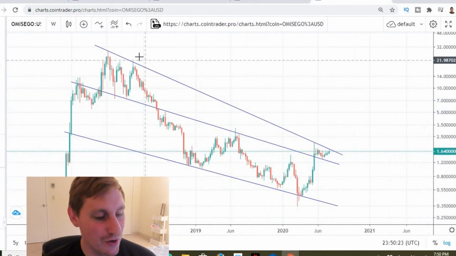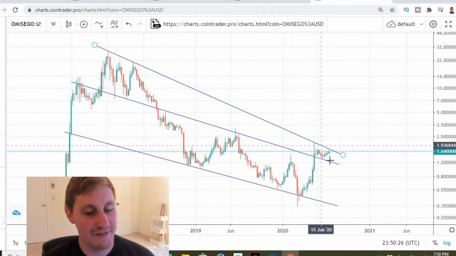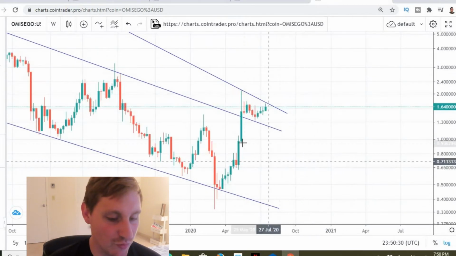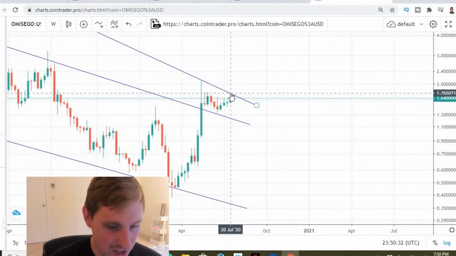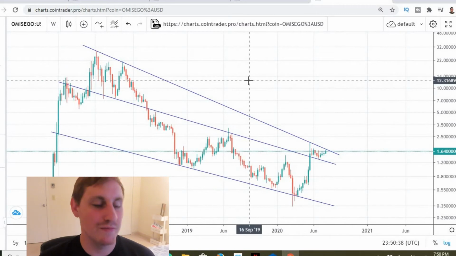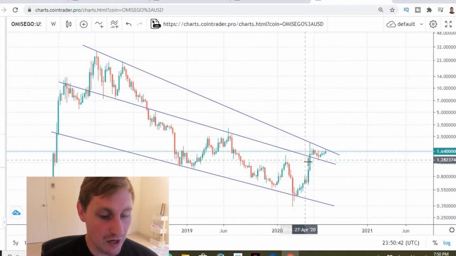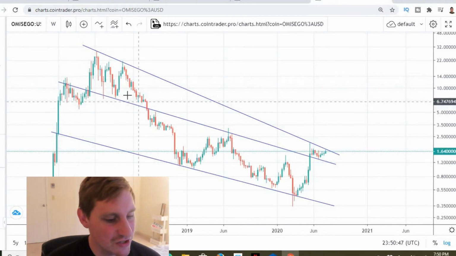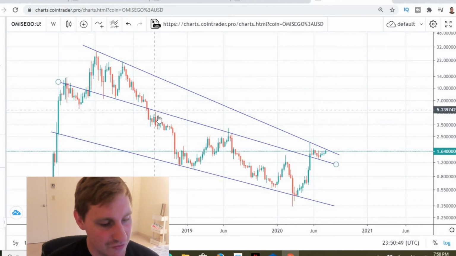If we can break above this resistance line, I think that is really going to set off the bull market for Omisego Go. So take a look where this line is right now, guys. If we can get above that 1.75 range, that's going to be huge, huge things for Omisego Go in the short and long-term time frame. As you can see, we also have this middle line, which acts as resistance here, support all through this area, resistance here,